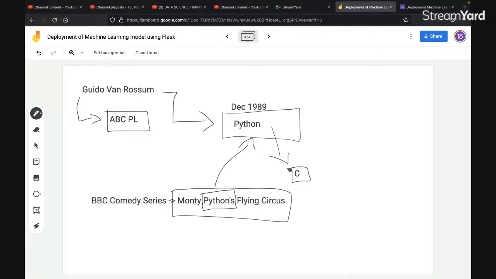Okay. So this was the backend story of how exactly Python came into action. But when Python was released in the late 90s, it wasn't that famous, not like it is right now. Now, anywhere you look, you will hear Python. Someone doing data science, you will hear Python from them. Someone doing web development, you will hear Python from them. Someone exploring AI, you will hear Python from them, right? But why not during those days?